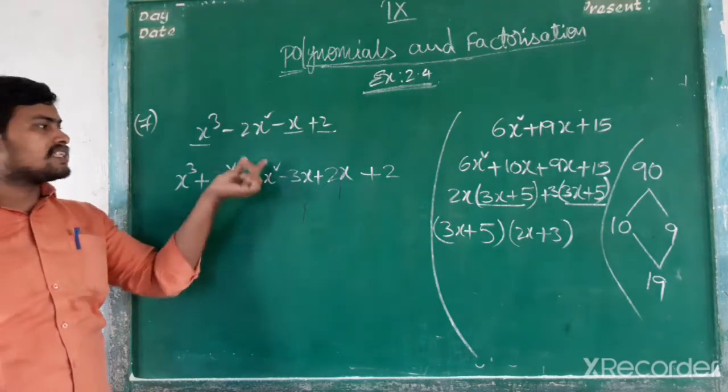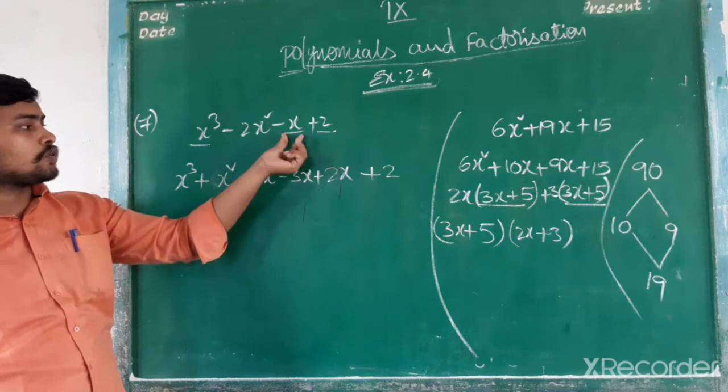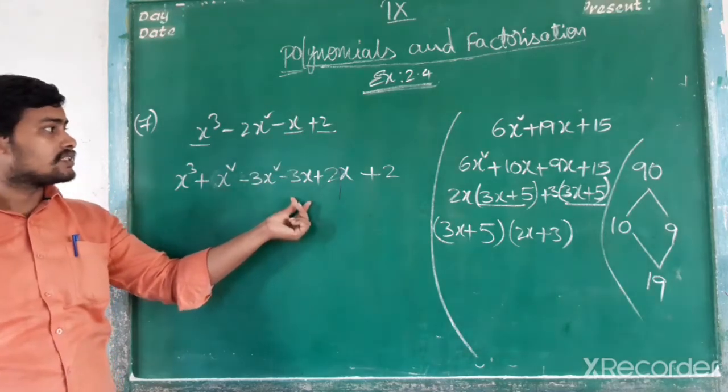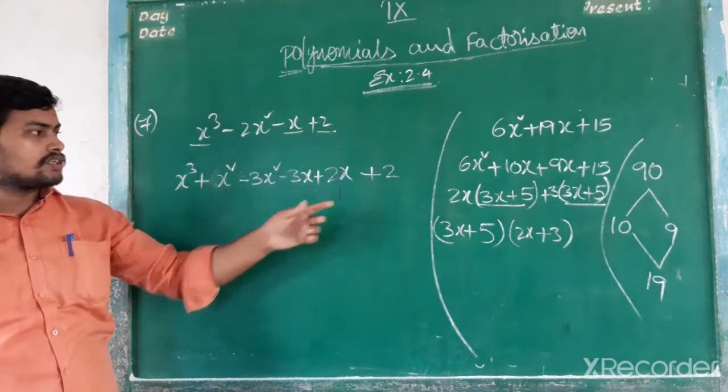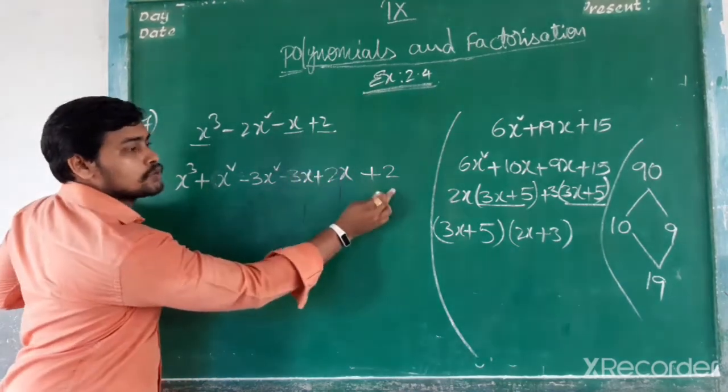So x square minus 3x square minus 2x square. Okay, minus 3x plus 2x minus 3x. Sorry, minus x. Are you understood? How can we write this one? You simply base it on plus 2, plus 2.